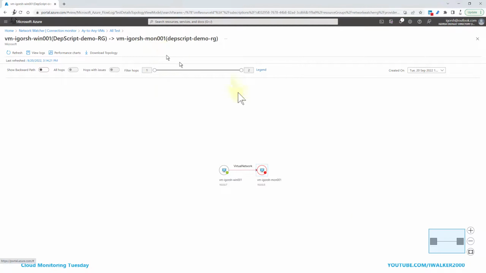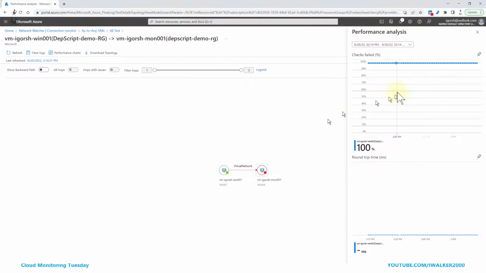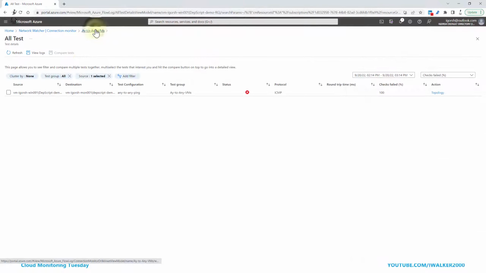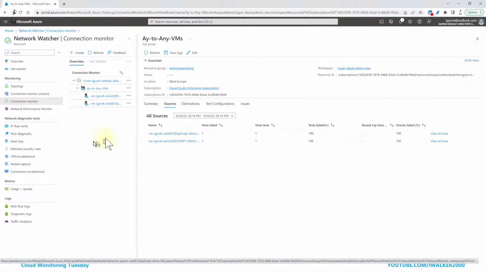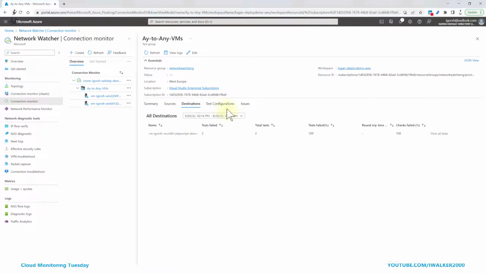We can see the topology, we can download topology, we can look at the performance counters, what's going on there, etc. This is the main scenario how you can configure and understand what's going on inside the solution, inside your